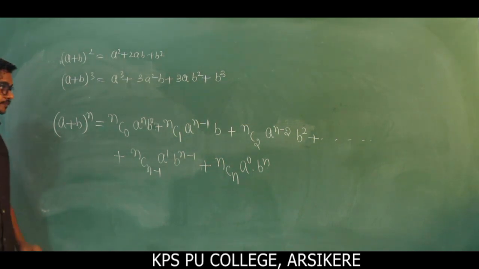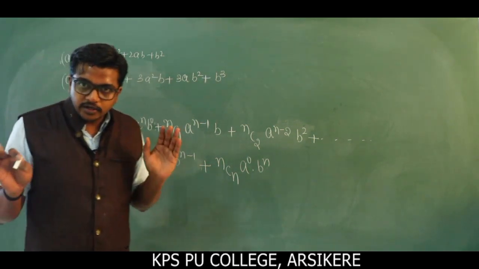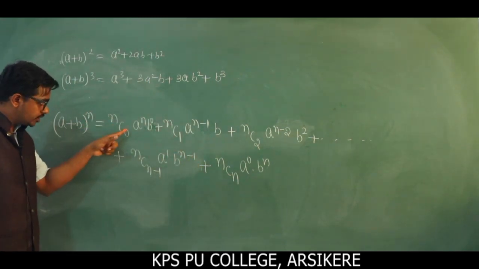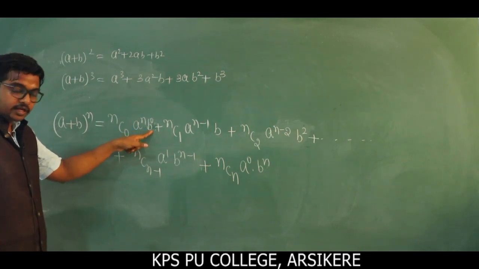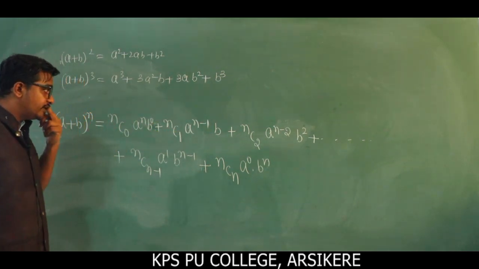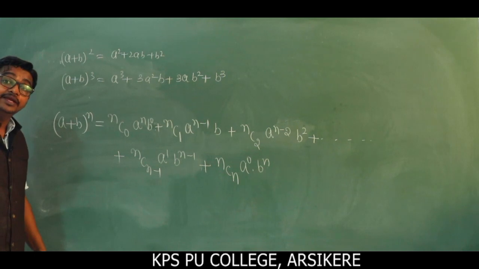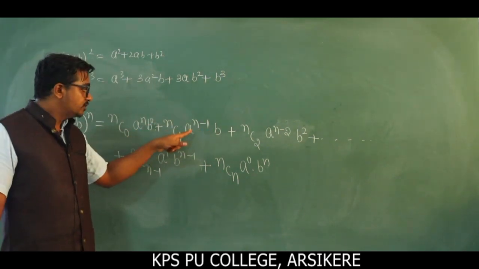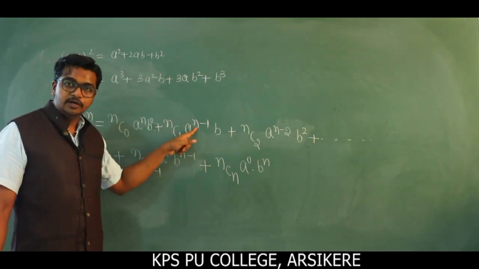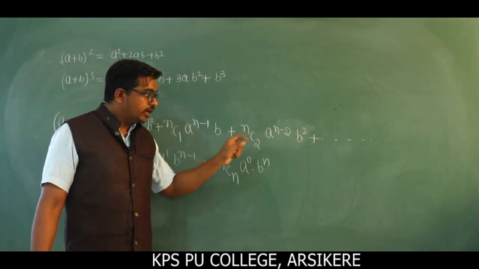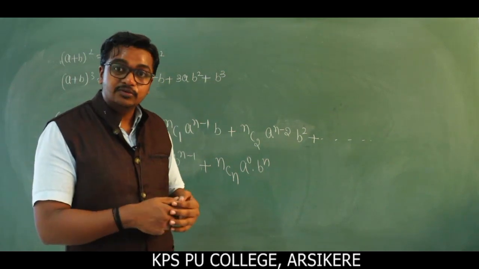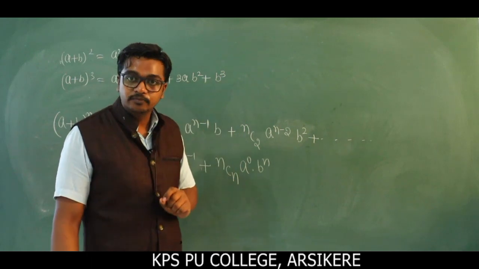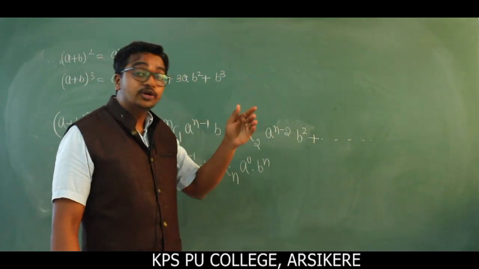Okay, just observe here. This is a very important theorem, a very important formula. (a plus b) whole power n is equal to nC0 into a power n b power 0. Then in each term the power of a is decremented by 1 and the power of b is incremented by 1. Observe, b power 0, then b, then b power 1. So a power n becomes n minus 1, decremented by 1. Then nC2 into a power n minus 2 b square, plus what about the next term, nC3 into a power n minus 3 into b cube, a power n minus 4 into b power 4.